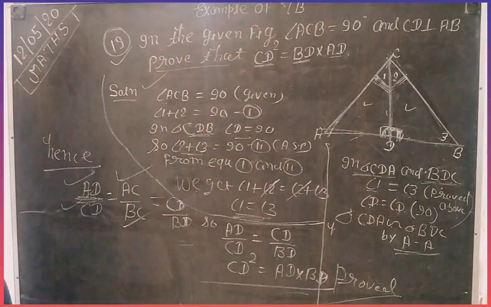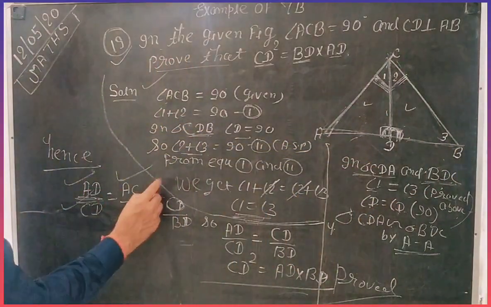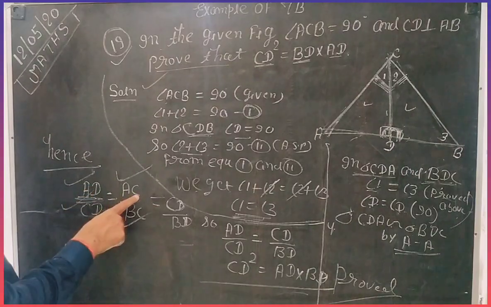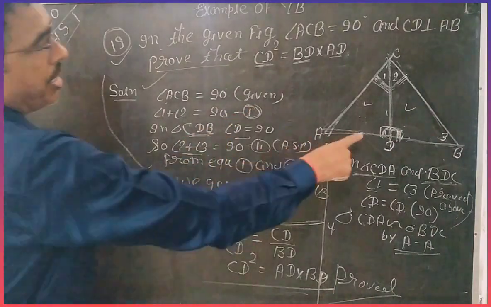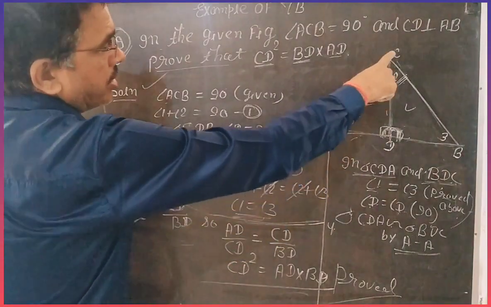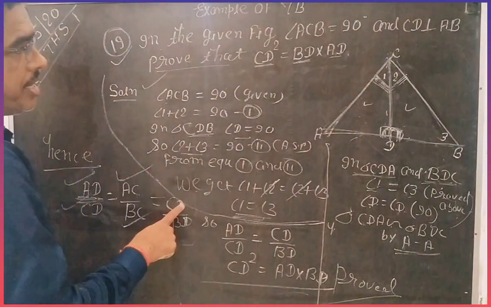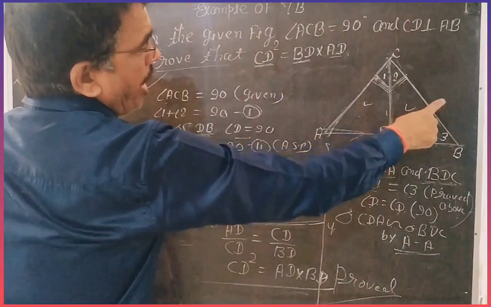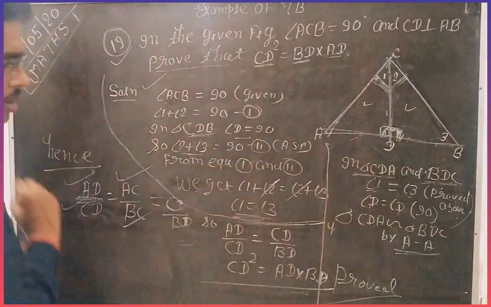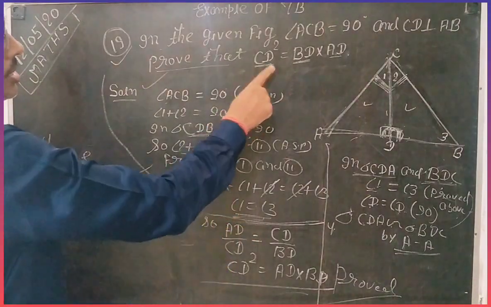I write here this. A triangle has only 3 sides. If you write 2 sides here, then the third you can find easily. AD, AC you write, so remaining is CD. I write CD. Next triangle CD, BC: you write CD, BC, then remaining is BD. I write here BD.